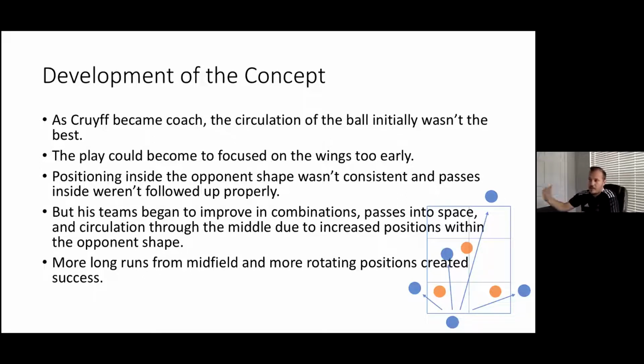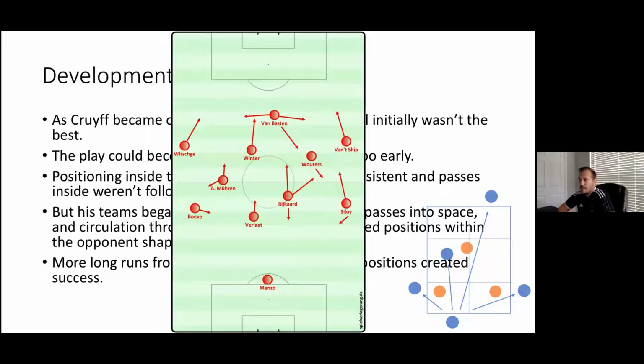So you start to see him developing that same idea that the successful Ajax team of the 70s, which he was a player on, was doing it with the Ajax team now of the 80s, and he had some relative success. And this is the team that he played with, that he coached. And there's some players in there that we can all recognize, like a Van Basten and a Rijkaard, where this was mainly a 4-3-3 with Rijkaard moving up and down in between the back line and the midfield line, which would make it a 3-diamond 3 or 3-box 3. So this is sort of the way that they played as they learned more of Cruyff's style and the more rotation of the ball.